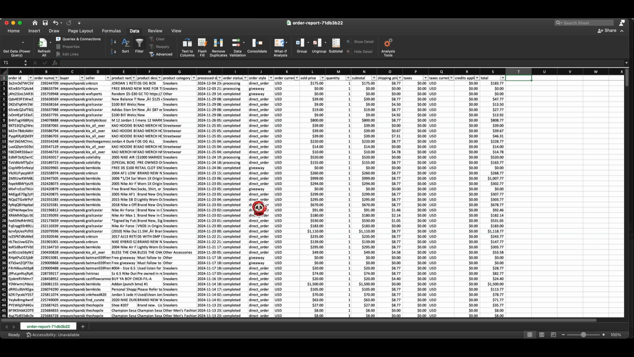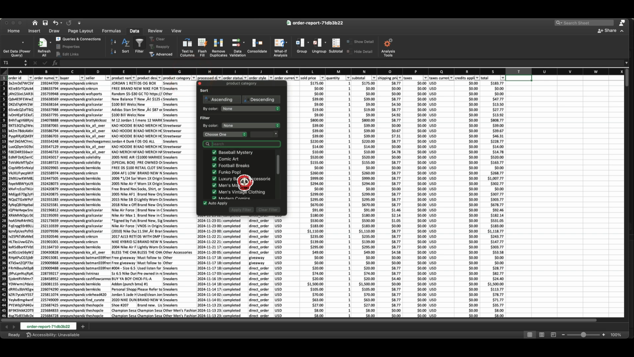So I think from what I remember you asking me, you wanted to be able to filter for specific product categories, which would be in this column G. So I'm going to click this triangle, and you can see all the different product categories. So using your example, I want to know only what I spent on sneakers. So I'm going to click select all, which is going to clear out everything, and I'm going to go down,